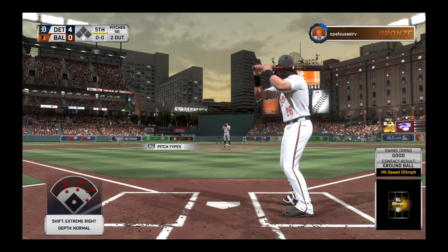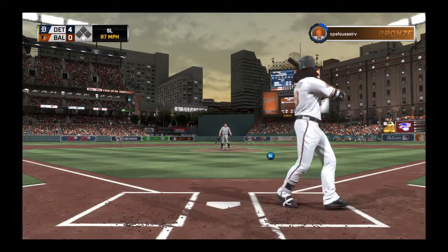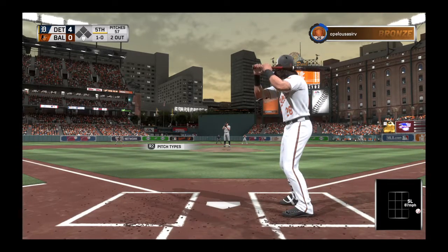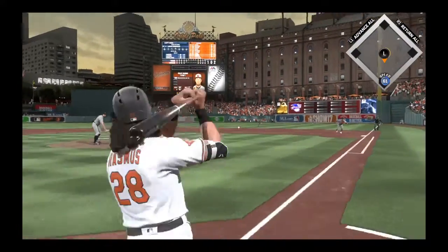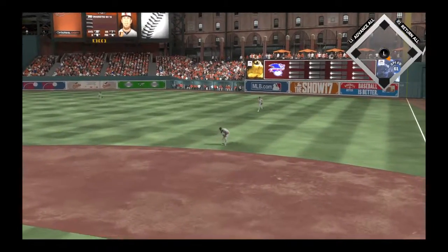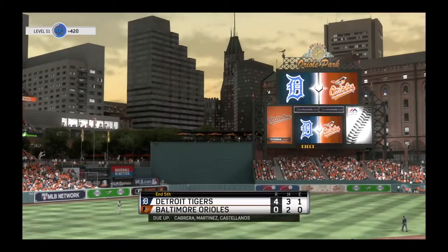Digging in, Colby Rasmus. He's 0 for 1 after grounding out in his only trip to the plate so far. And a ball, 1-0. I really like how he's getting ahead early in the count. He's pitching aggressively, and what that does, it holds the pitch count down. Not surprisingly here, this is on the ground to the right side. He'll whip this one to first in time, and that ends the